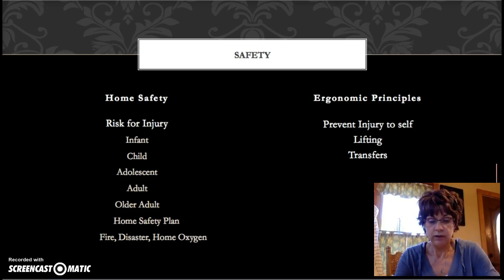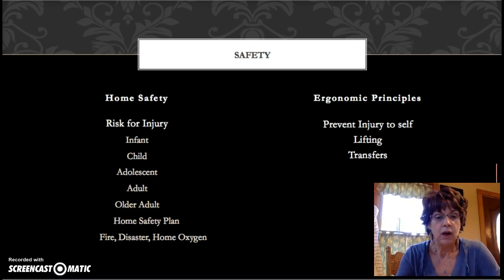Also, we need to talk to our families when we're there about a home safety plan. Does everybody in the family know what to do if there's a fire in their house? Do their fire extinguishers work? Do they know where to meet? Do they have a safe place in the basement if there's a tornado? Or do they all know to go to the inside bathroom, because they don't have a basement? So a lot of education and teaching is done in the home environment depending on the risk for injury for the age group and about having a home safety plan. Home safety plans also have to do with things like home oxygen if it's in use in the house. And does everyone know not